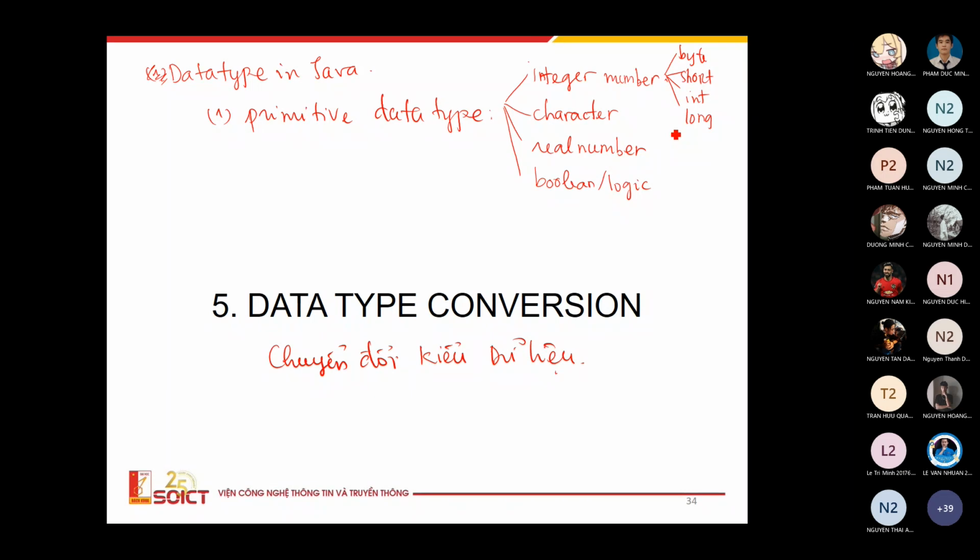And for the character, you will write it down as char, okay? For the real number, you have? Double and float. Yes, double and float. And for the logic, you have the Boolean, okay? I hope that is full, okay? It's all, okay? And you know that the different kind of data or different type of data, when we define